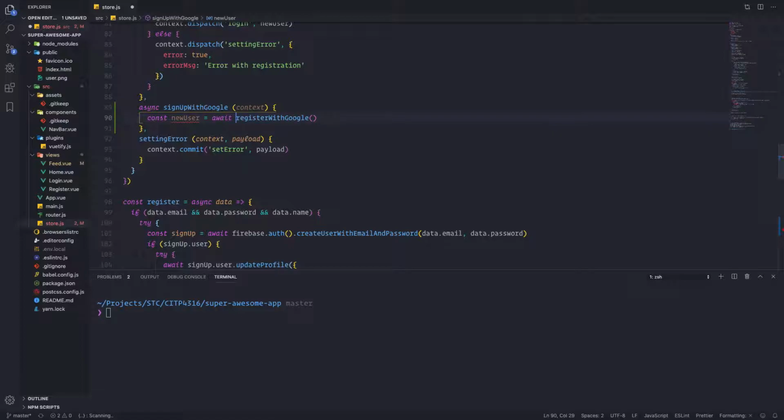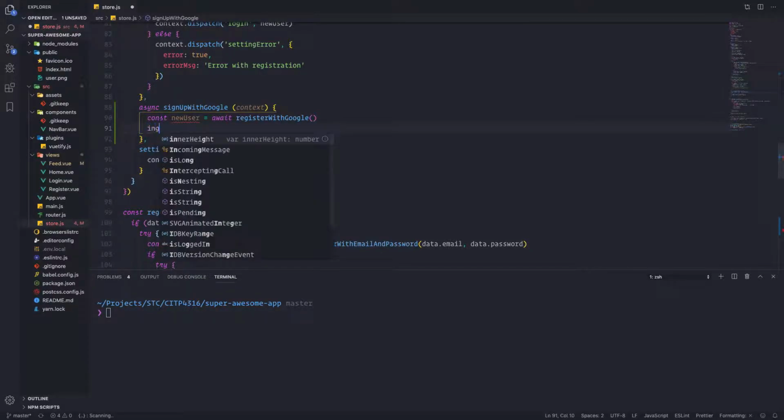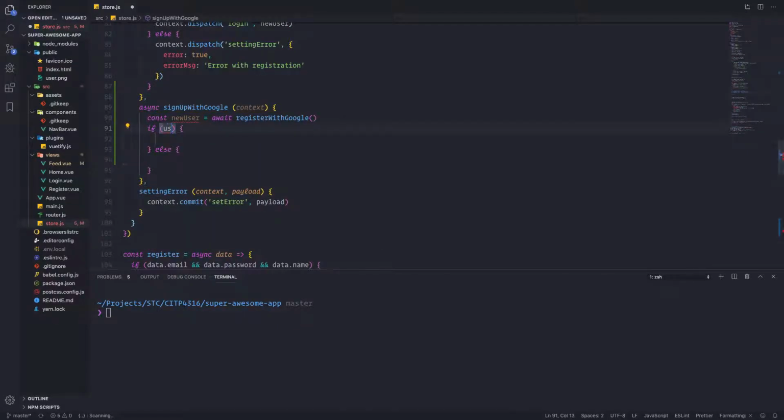Oh, wait, there you go. So we are going to go to register with Google. We assign that element to a new user, and we say if new user exists, actually let's do the if statement, probably going to be better for this case. If just new user exists,